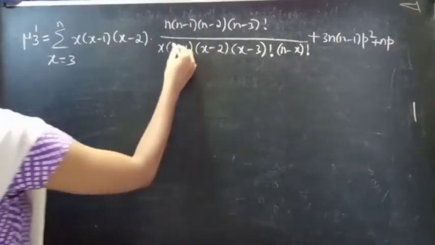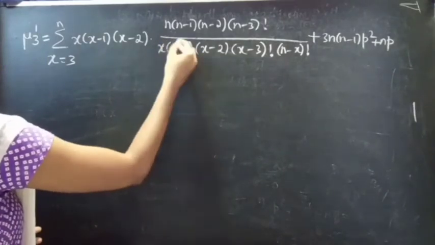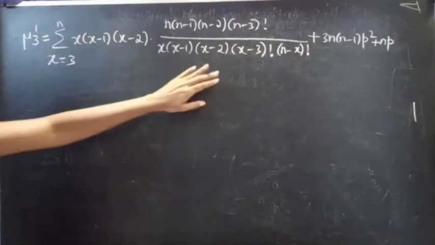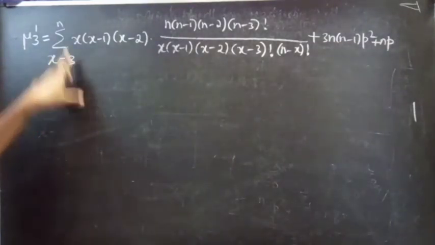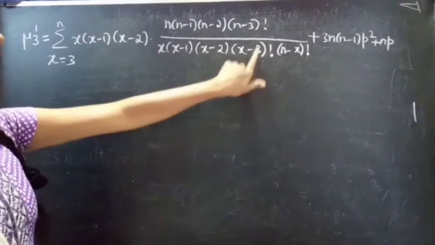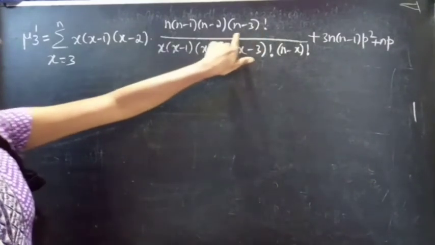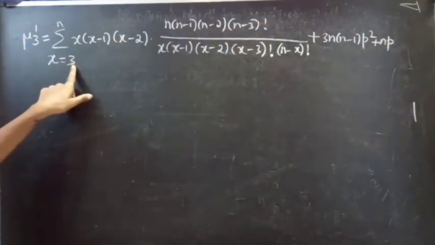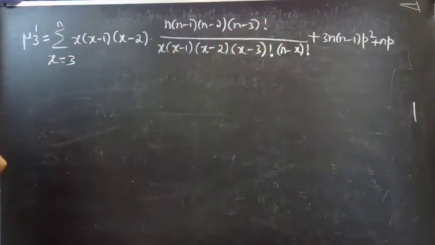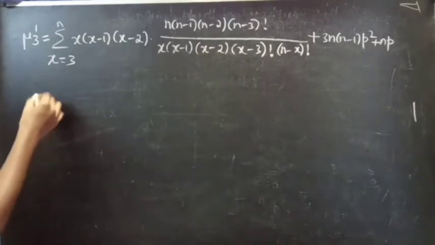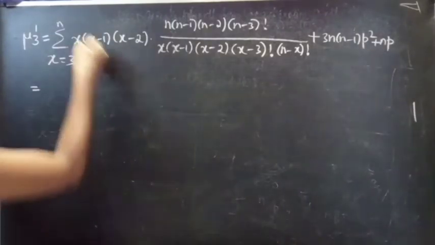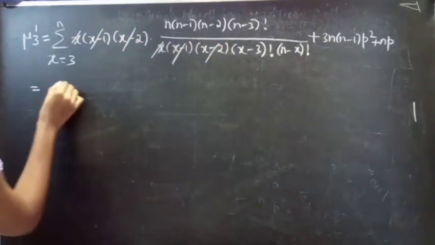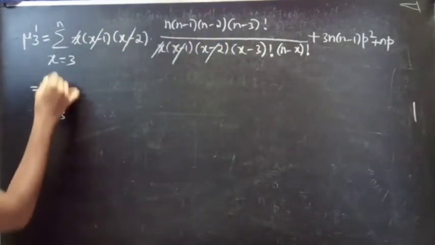Okay. So in order to reduce the complexity of the problem, we'll choose x equals 3 to n. Okay. In the denominator, you're having x minus 3 factorial and in the numerator, you're having n minus 3 factorial. So immediately, you'll change the summation from x equals 3 to n since you have x minus 3 factorial. So this is equals to, now cancel x, x minus 1, x minus 2. Alright. So this is equals to summation x equals 3 to n,